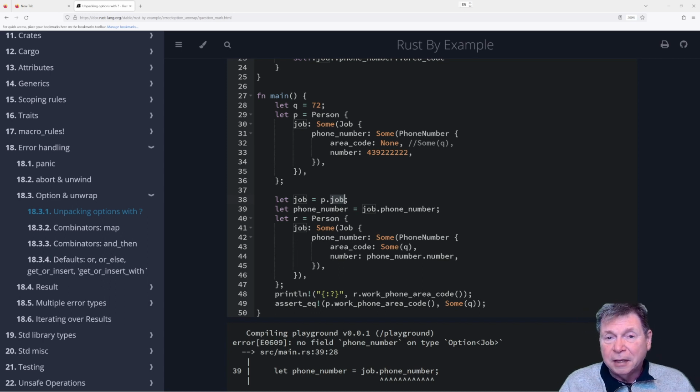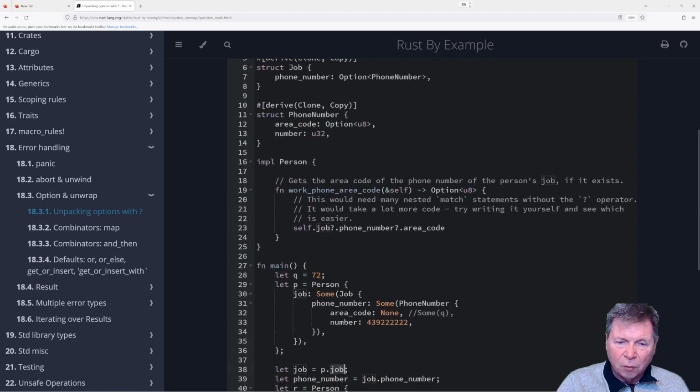If it's none, then we want to replace it with some default area code, let's say. Well, so the question marks kind of work at this level, right, because it would take many nested match statements, sure. And if all you want to do is drill down to area code without any of the other stuff, then that's fine.